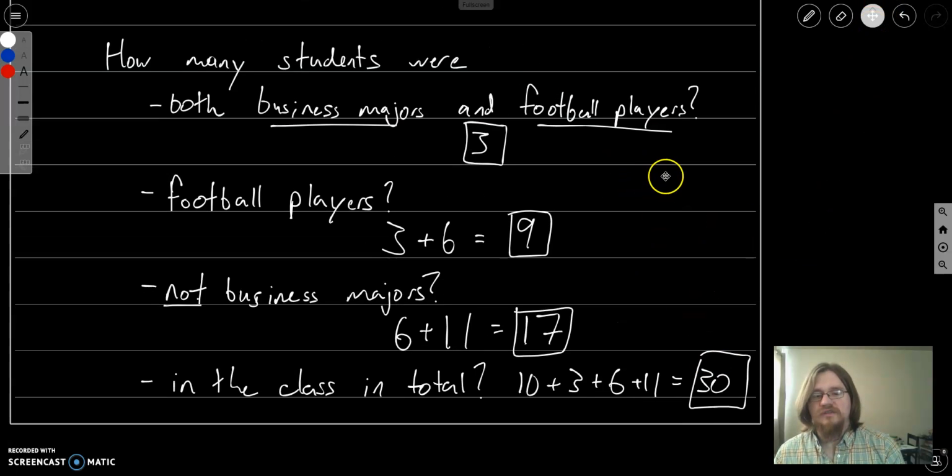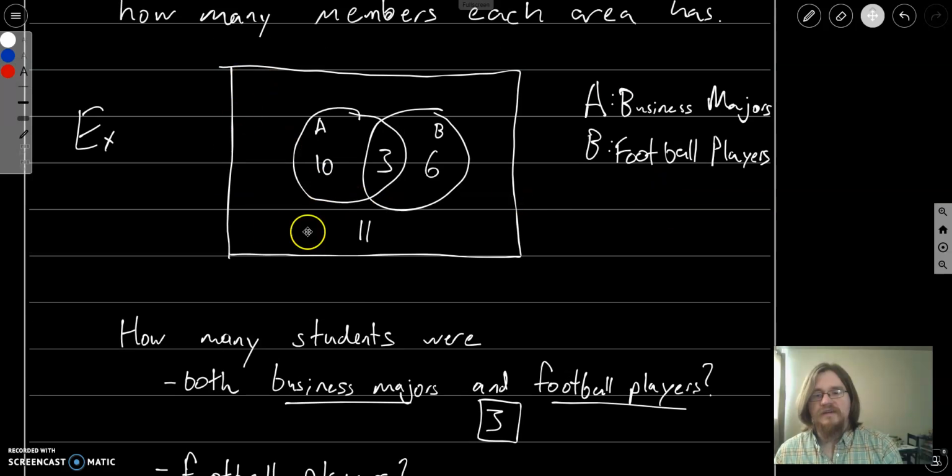Cool. So this is just a brief introduction to Venn diagrams, which represent sets. And these sets can be sets of people, sets of numbers, sets of shapes, and sets are very, very important